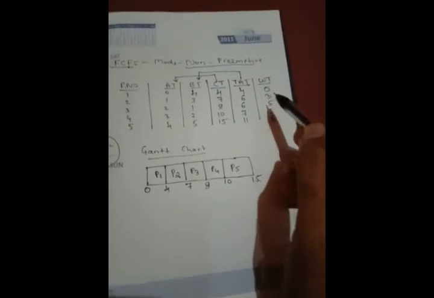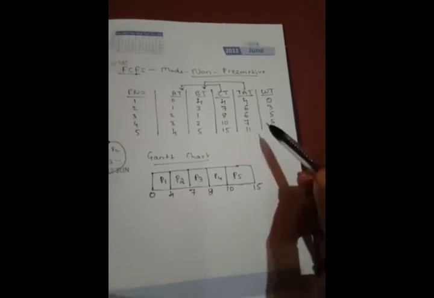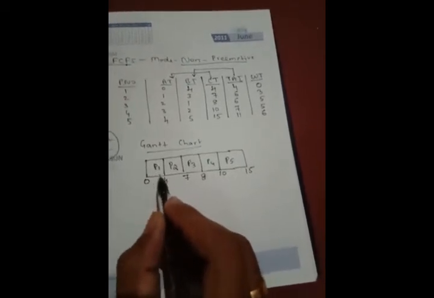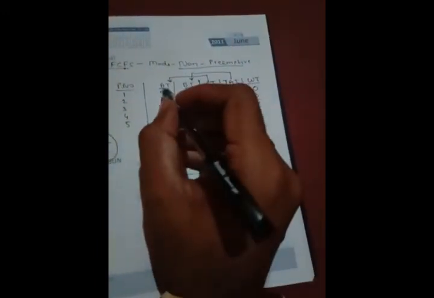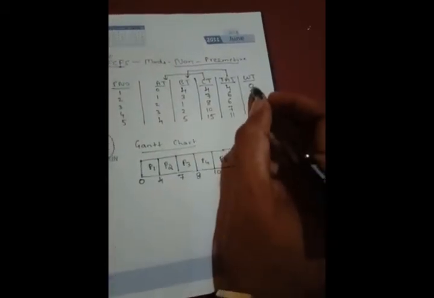Now you can visualize, once you get this waiting time, you have to check whether the answer is correct or not, isn't it? You have to cross verify it. Okay, now how to cross verify, we will see here. So P1, what is the arrival time of P1? It is 0. So P1 has arrived at 0, and directly it is sent to the CPU. So whether P1 has to wait? No, P1 doesn't require to wait. It is directly given the CPU time. So waiting time will be 0.